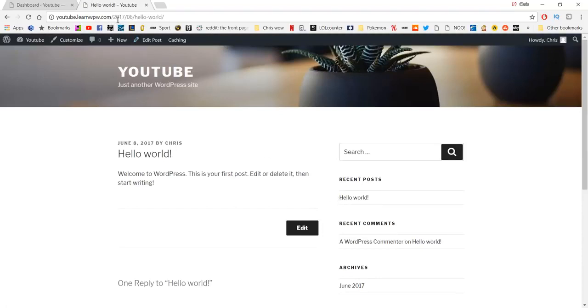it's going to show you in the top bar there, after your address, it's going to either come up with a date or it will say index.php, all these little things that come up before your post name. Honestly, I don't think that looks professional. I would much rather it just have the post name. To do that, if you just go back to your dashboard,